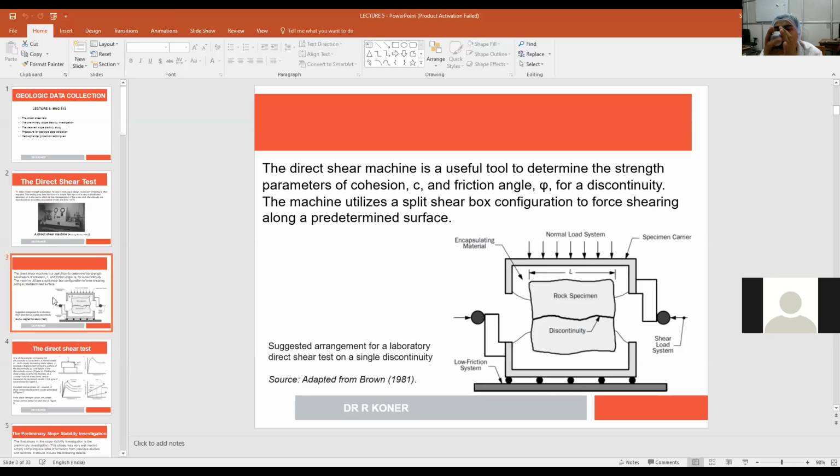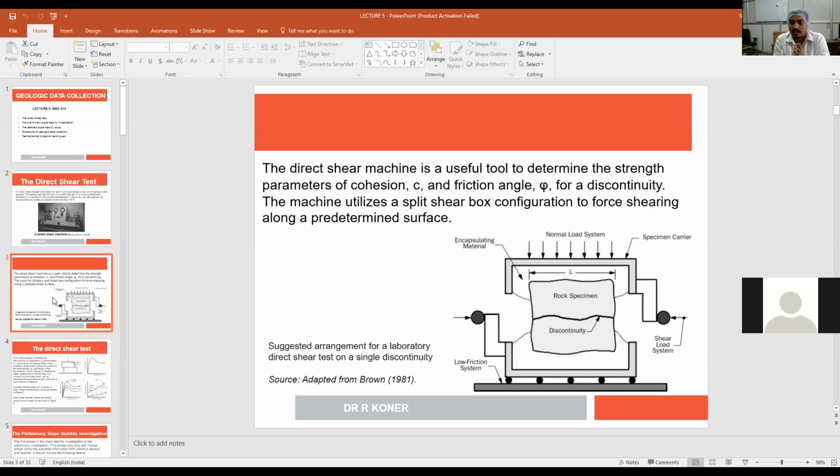Due to this twisting, a shear force will generate in this interface. We are directly estimating that shear force. That shear force we are directly determining. That is why it is called the direct shear test. But how can we interpret that data? We will interpret up to which load the sample is able to take, able to resist the shear force.